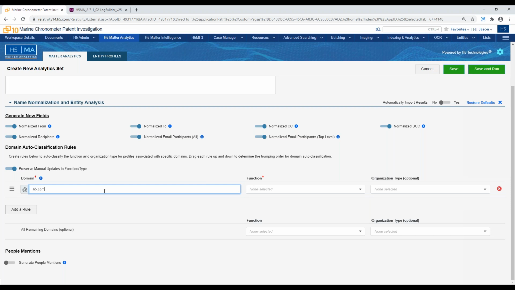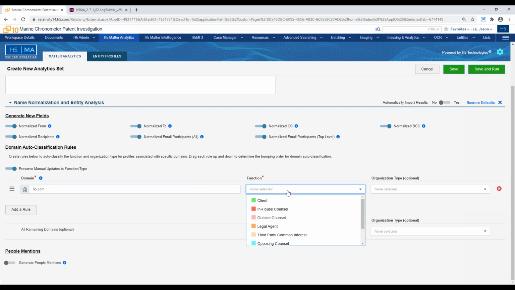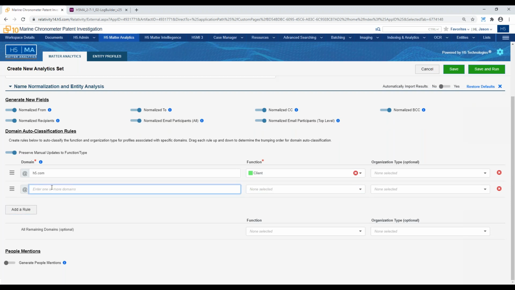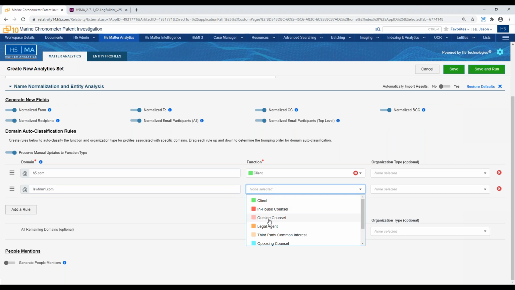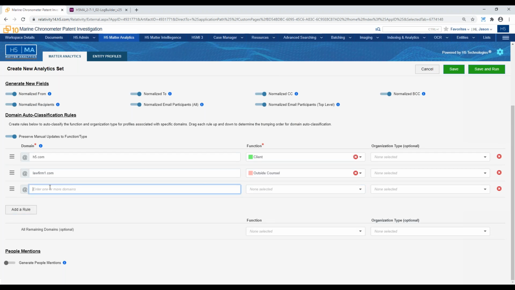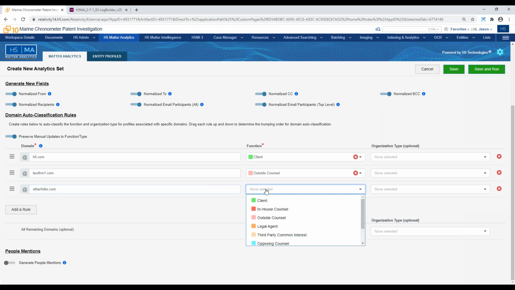So if you know what domains you're looking for, you can add them here, dictate which function should be assigned to those individuals as they're pulled through. We can say I want lawfirm1.com to be identified as outside counsel, and perhaps you want to have folks.com be profiled as opposing counsel. So different ways to use our different functions in the application. Out of the box, you've got a lot of common ones here in terms of opposing counsel, government agencies, third parties,